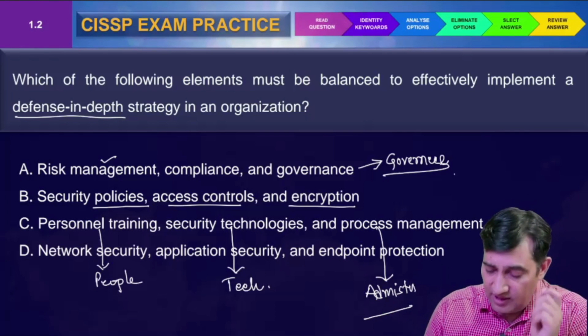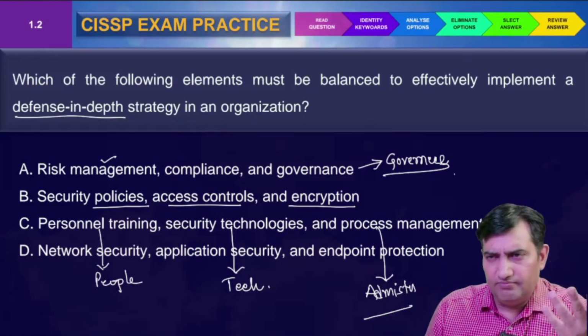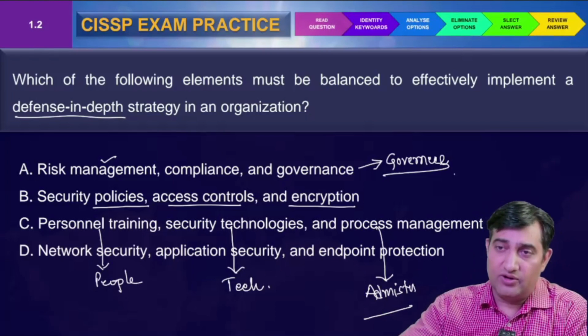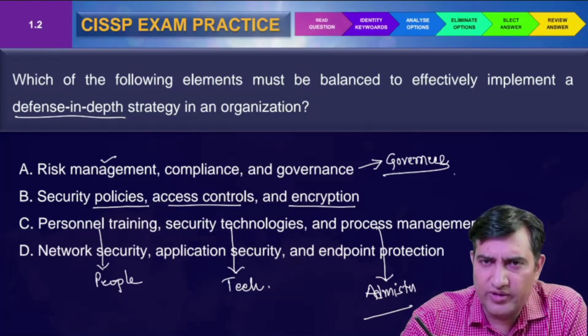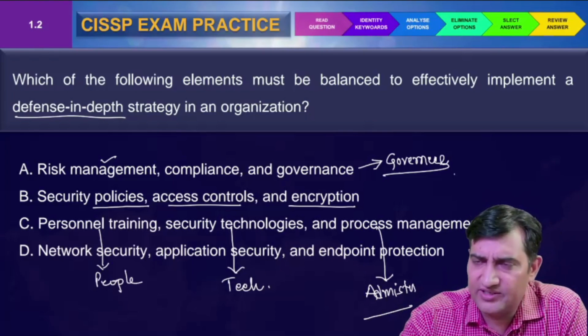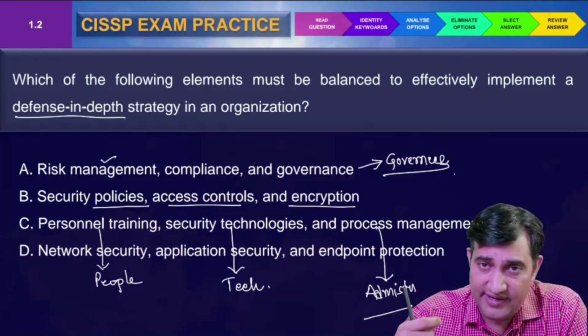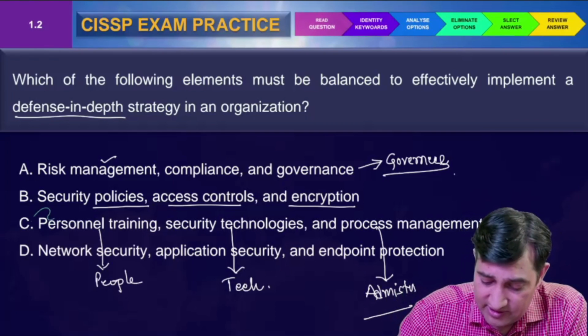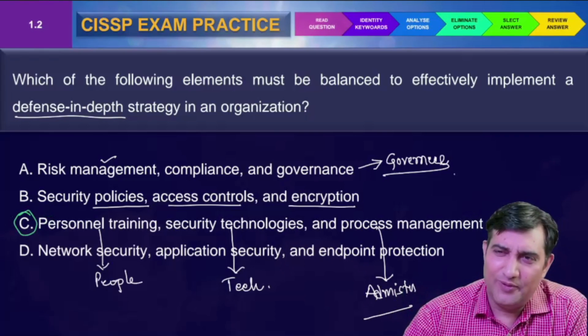The last option talks about network security, application security, endpoint security. That's not everything, right? In your company, there might be different systems and different kinds of technology you are using. You cannot just implement network security, application, and endpoint security to make it all. I think the more diplomatic answer here is C, and that is why C is my best choice for this particular question. I hope you are able to replicate well, guys.